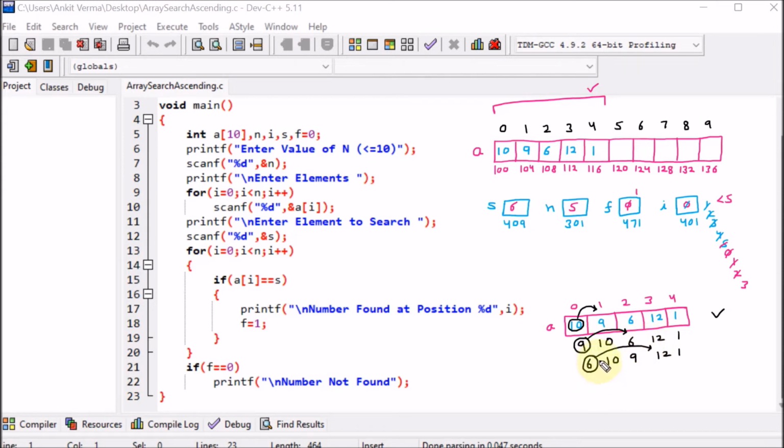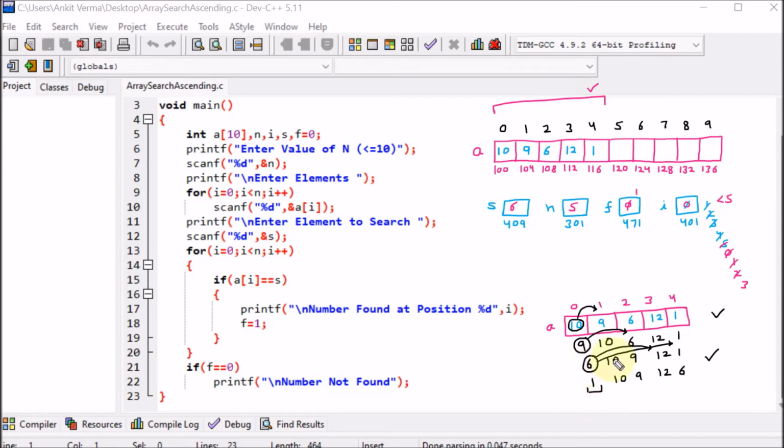Then afterward, in the next turn we are going to compare with the next element. We can see that 1 is less, so 1 and 6 will be swapped. Then afterward 10, 9 and 12. So this is pass 1. Similarly we will pick the next element. You can see that after one pass we have the first element at the proper place.